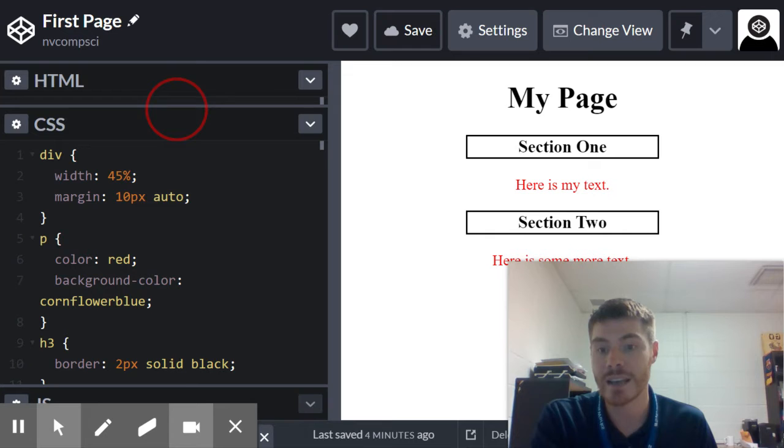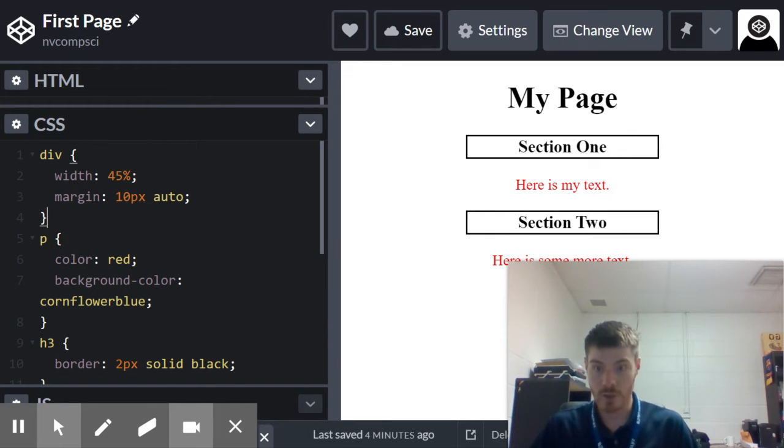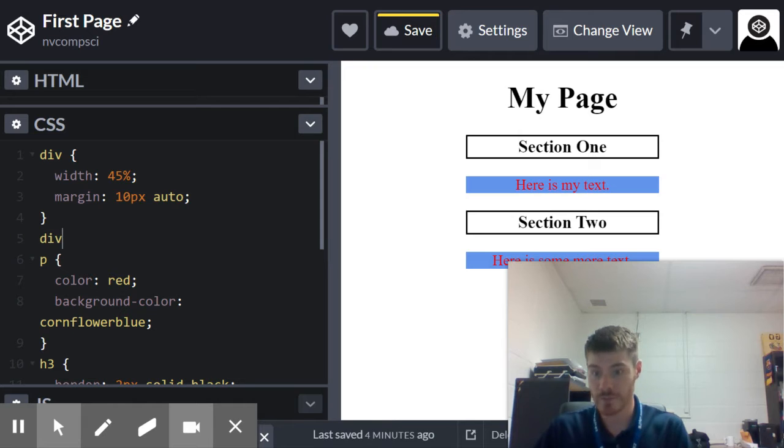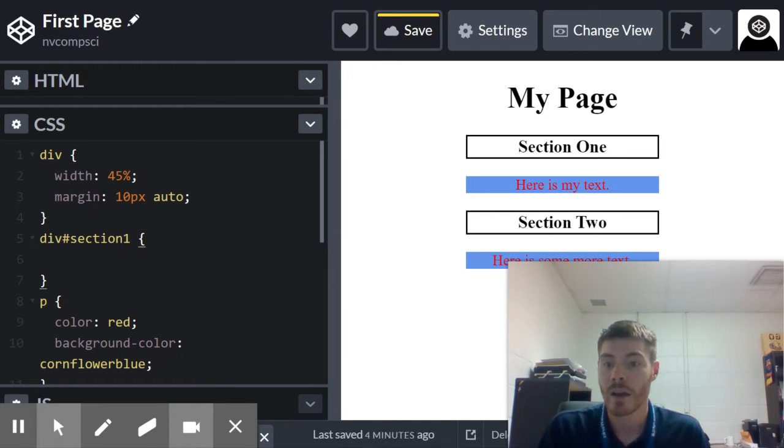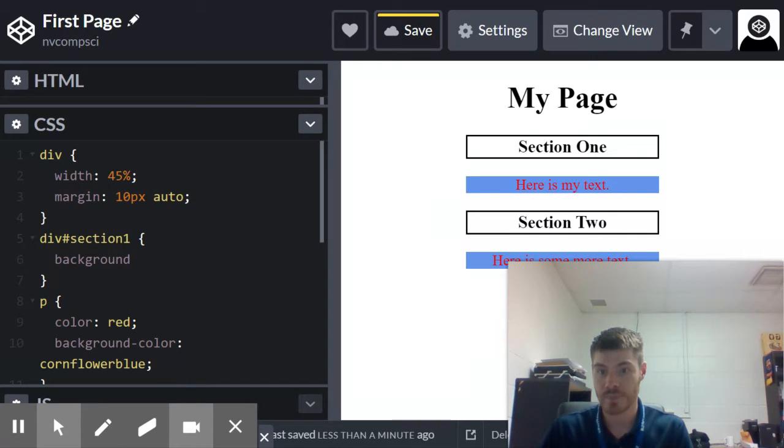And on the CSS side, I'm going to make a new rule: div, and I'm going to say hashtag section 1, because that's the ID in the HTML tag. When you're typing out the CSS rule, the hashtag or pound is the symbol for ID in CSS. Now I can set any of the CSS properties that I want to change. So if I want to change the background color to red,